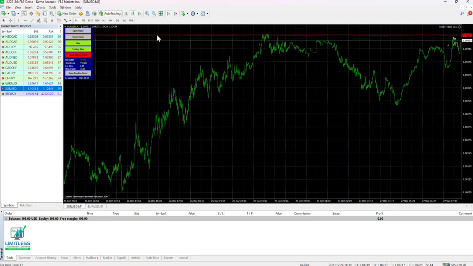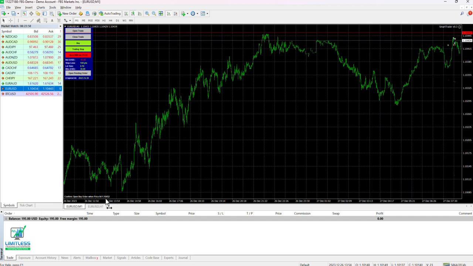For example, you can see I switched the chart to a longer term, and now you can probably see this line here is the resistance, and if it breaks out from this line, there is a higher chance that most likely it will continue to go up. So in this case, I can put a line here. This is 1.10452, and then you can also see at the bottom here there's an open buy order when